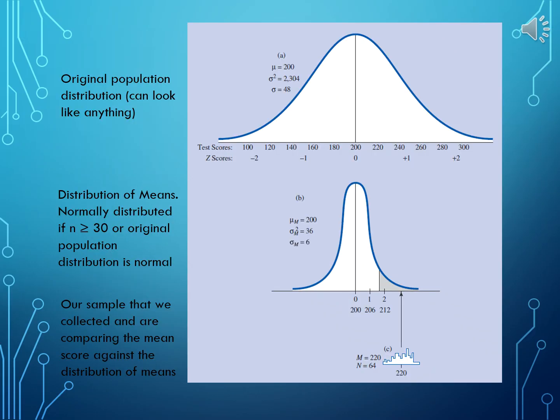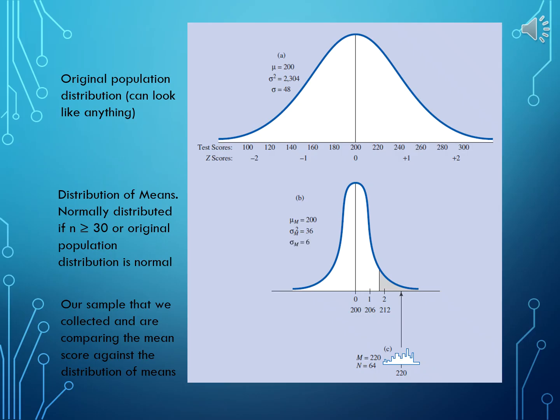So in statistics, there are usually like 3 different distributions we're talking about. There's the original population distribution. We don't usually know what that actually looks like because we don't typically get to measure entire populations worth of people for anything. But it doesn't really matter what the original population distribution looks like for a particular variable we're